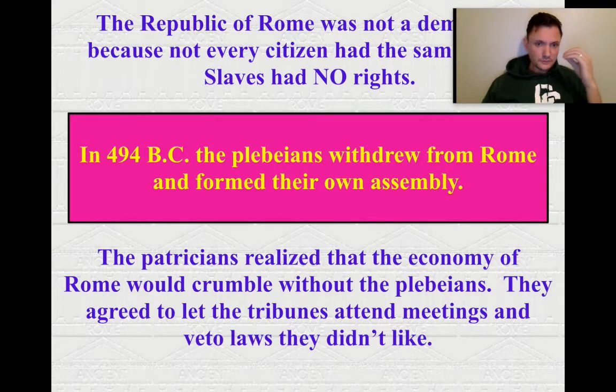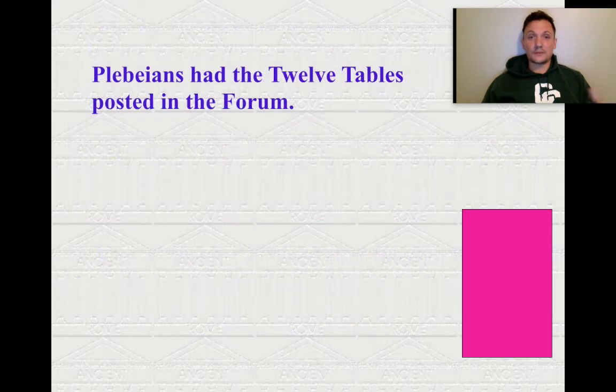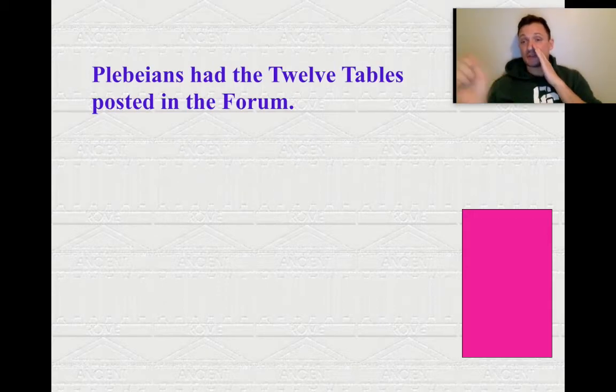So, they agreed to let the tribunes attend meetings and veto laws they didn't like. So that means that they had to add a group of plebeians to the government, right? This big new group of plebeians was called the tribunes. We'll talk about them in a second, but make sure you write tribunes and underline it a couple of times,